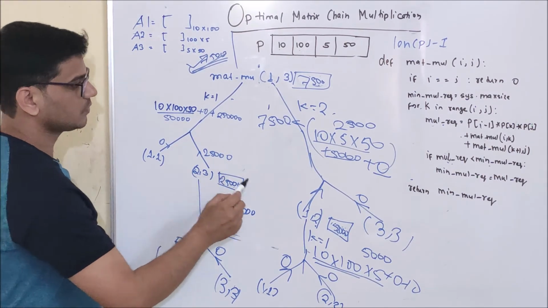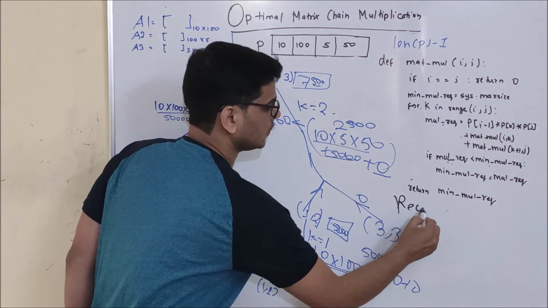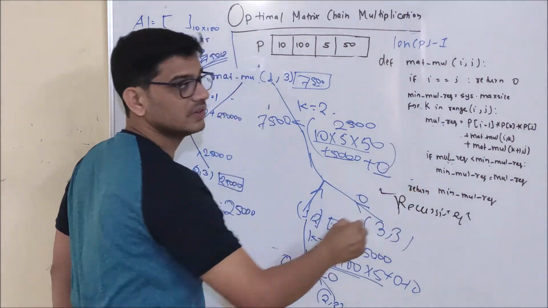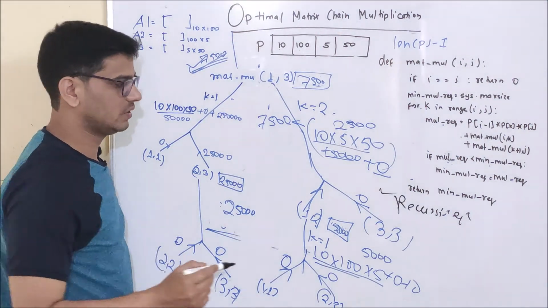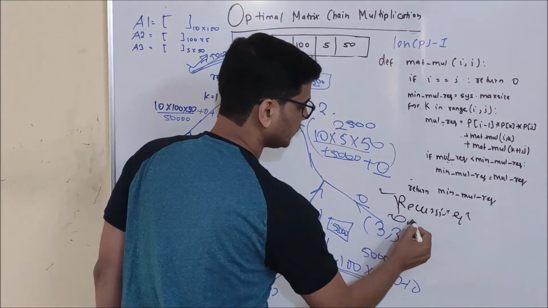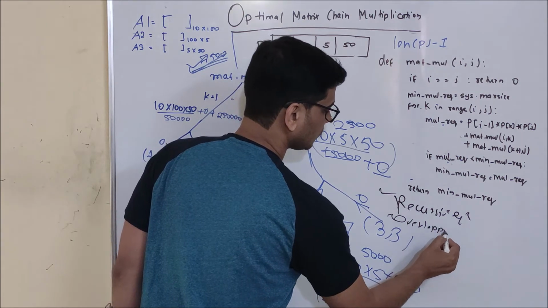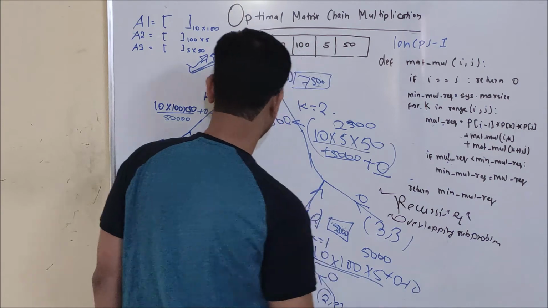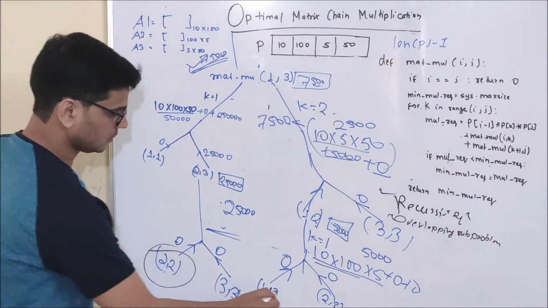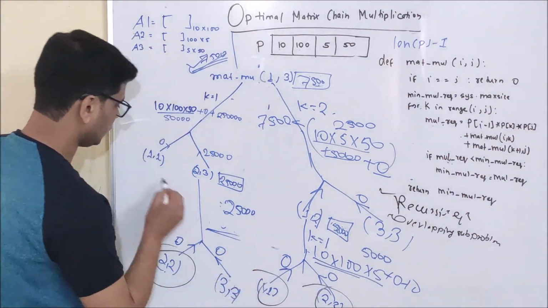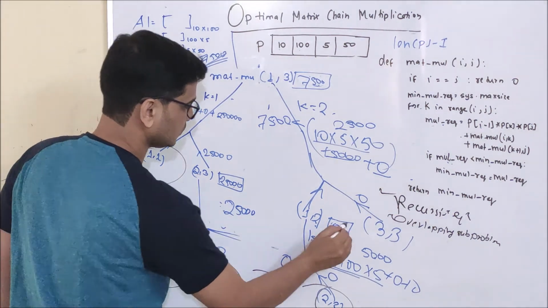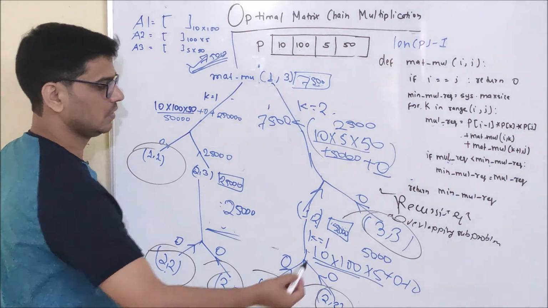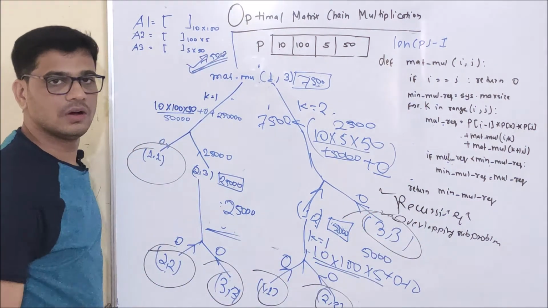See, first of all, the recursive equation. We already have this recursive equation, so condition 1 is satisfied. Second, overlapping subproblems. See here, 2 2 2 2, 1 1 1 1, 3 3 3 3. So what are these? These are overlapping subproblems. So the second condition is also satisfied.